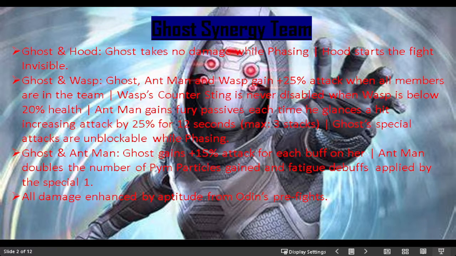And when you're below 20% health, I mean, Wasp has terrible health anyway, so if you're below 20% health, it can come in clutch, I suppose, but you don't want to rely on it, is what I'm saying. But it's good that it's not disabled because then it can activate multiple times. It's just the chance of that happening is